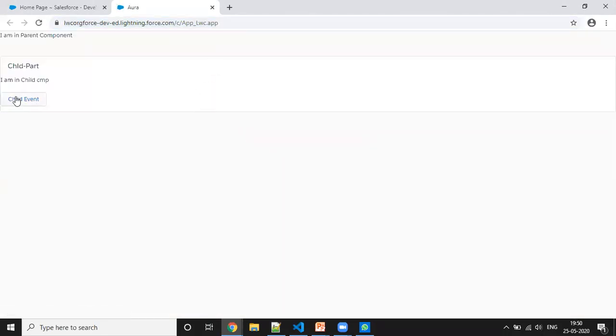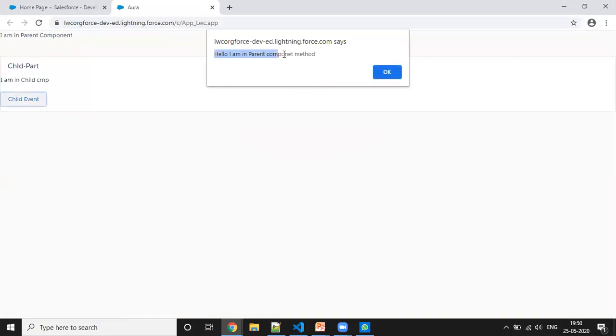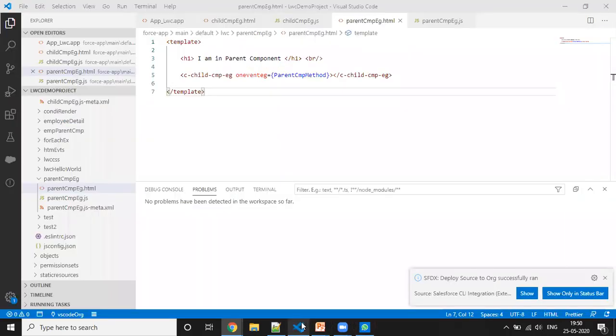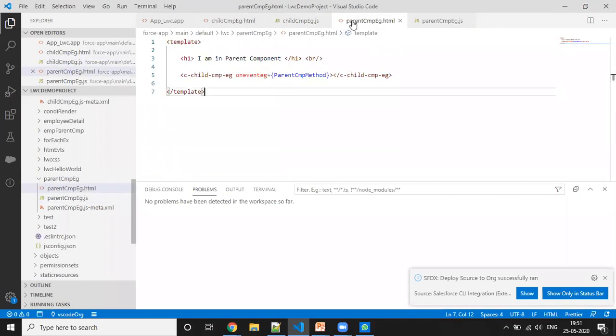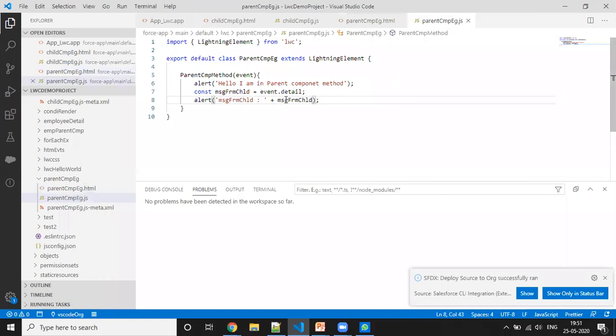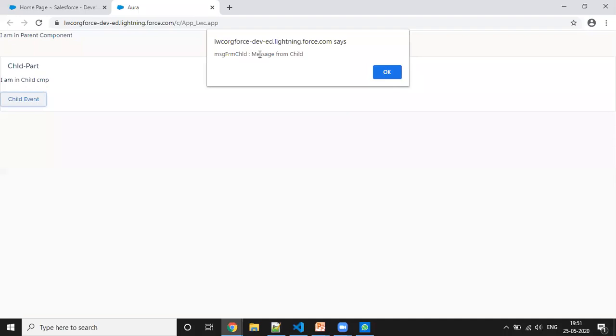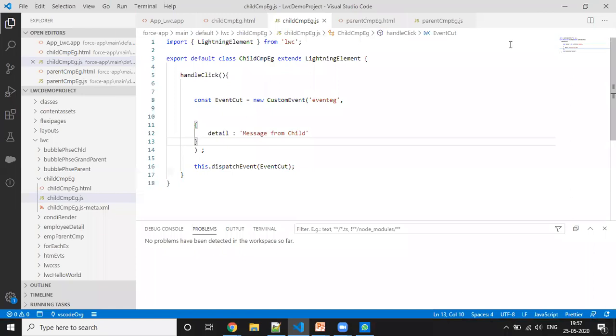Once I click this child, we first have this alert, and second we have this alert, and we can see the value that we are passing from the child, message from child, and the same value we are displaying here on the parent component. We can see the same value here as message from child. Okay, so we have seen this value in the alert.